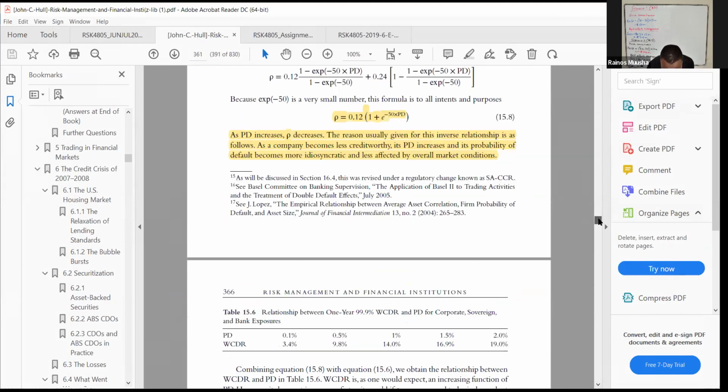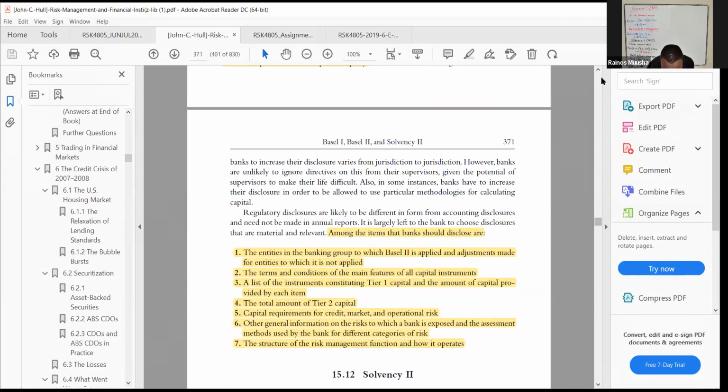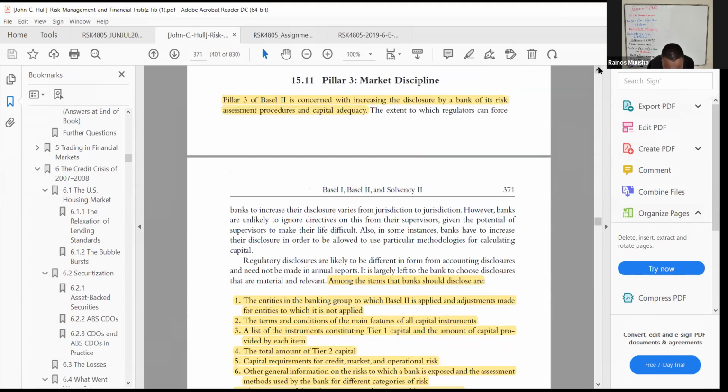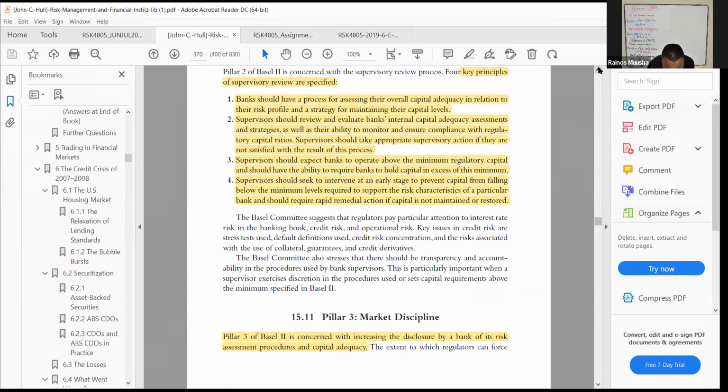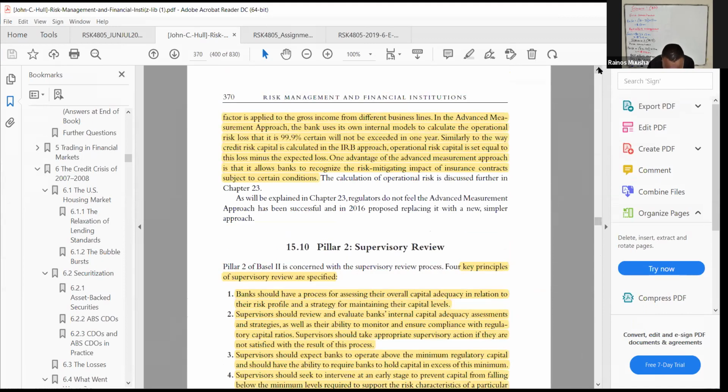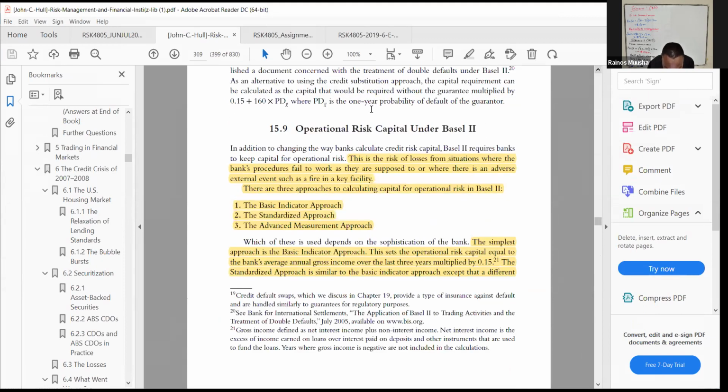So based on that, if you go to page 370, this is where they now look at the different pillars, where we said that the first pillar looks at